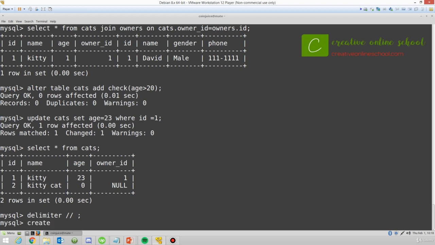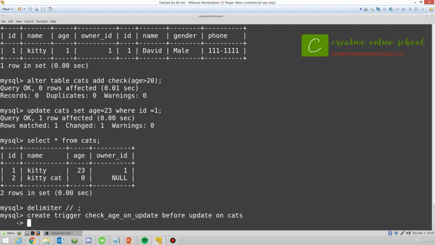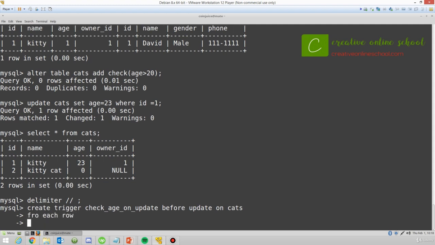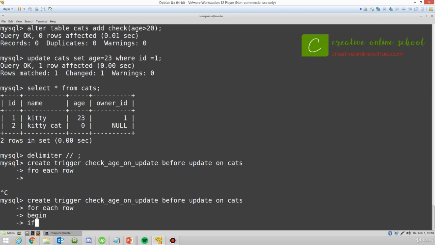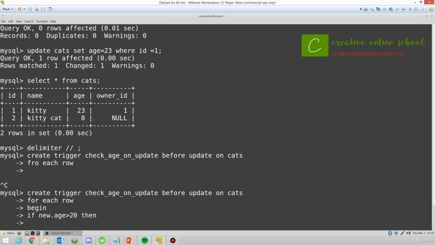So create trigger check age on update. This is just going to be the name, and before we update, so when we're going to do it, and then what table we're going to do it on. And for each row, excuse me, I spelled that wrong. Let me start over here. For each row, again, if new.age is greater than 20, then we want to signal set state, we're going to make an error out of this,